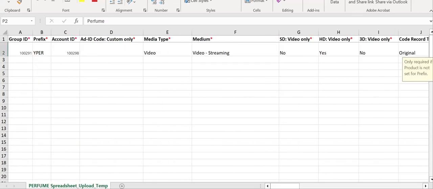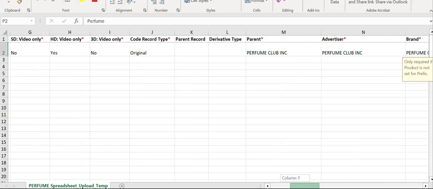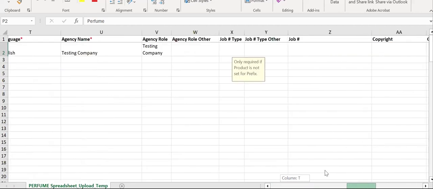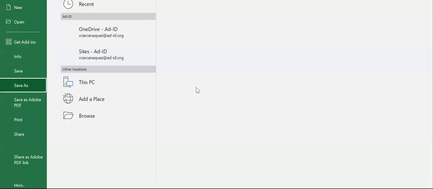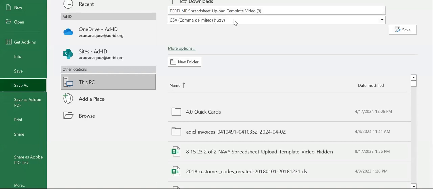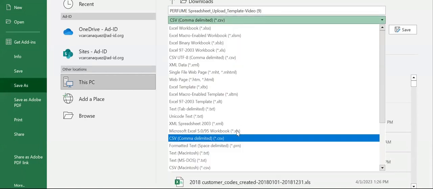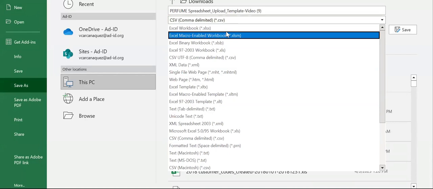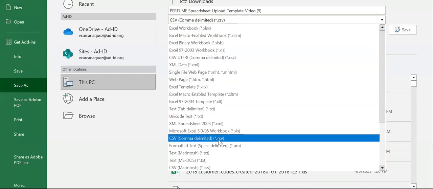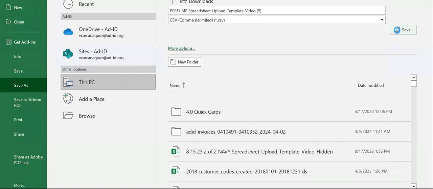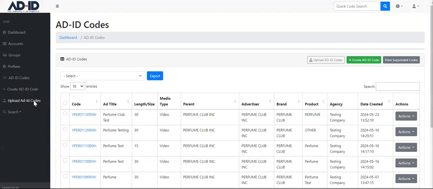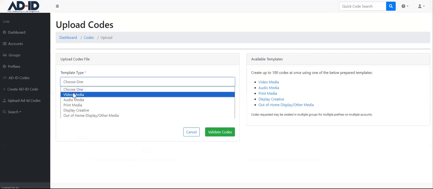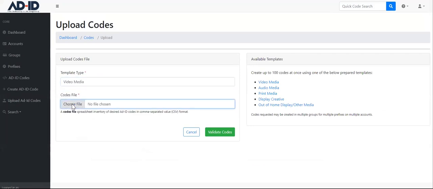Once you have verified that all of the information on your spreadsheet is as you would like to upload it, you will save your document as a CSV file. Click File, Save As, and you'll choose comma delimited from this list. Typically, it'll be saved as an Excel workbook. However, in order to upload it, you will need to choose comma delimited. Click Save. And then you'll go back to the AdID system, click Upload AdID codes, choose your template, choose your file,